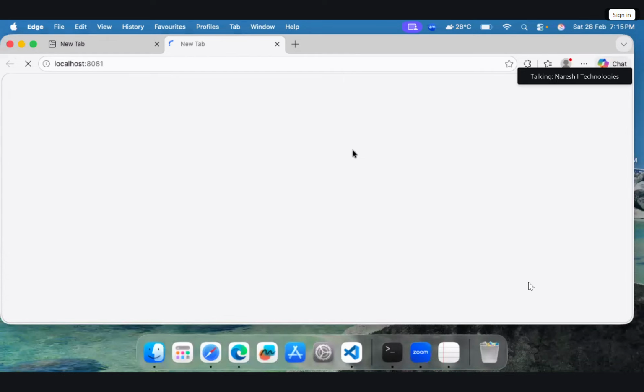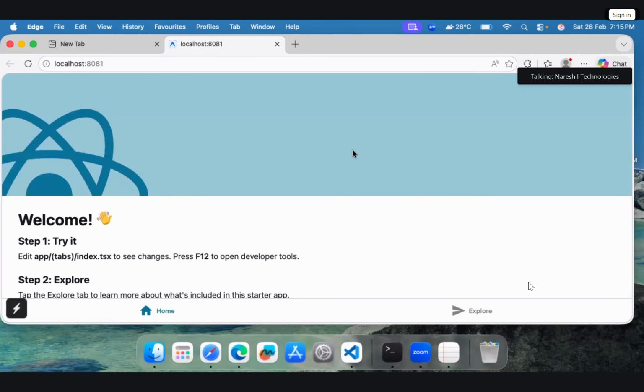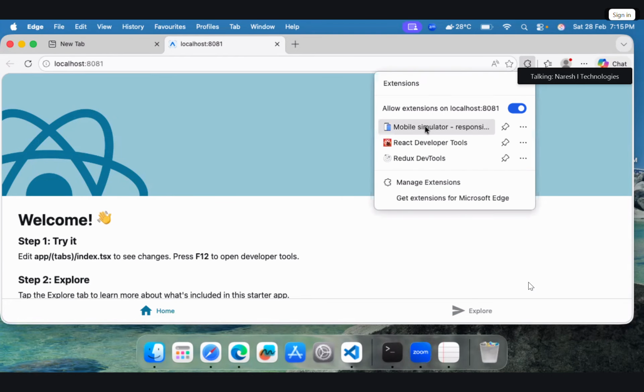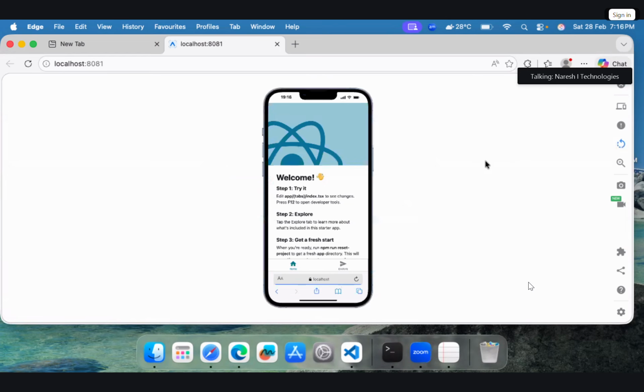Now you can see it is showing you. This is how it looks like. But actually, you open the mobile simulator. I have a mobile simulator. In that it looks like this. This is the mobile app. I can even test on Android and iOS.